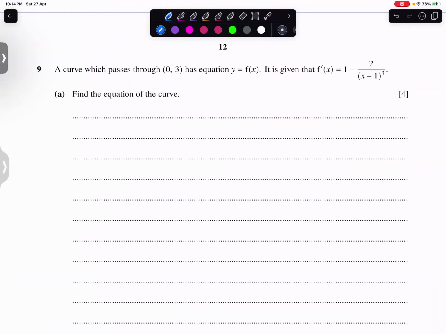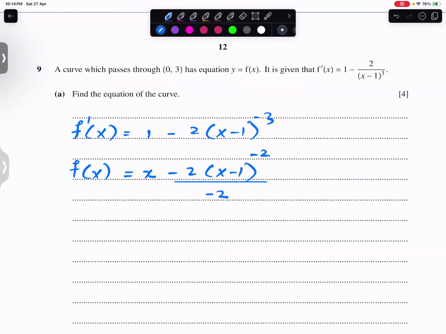Next: a curve which passes through this has equation this, derivative is this, find equation of curve. You know kids, the derivative is given, so if we integrate it, the function comes. Integrate 1, you get x, and x minus 1 to the power -3, let me write it first. Okay students, this is your original curve. So if you integrate it, you will write x-1 to the power -2 whole divided by -2 into 1, plus constant of integration. So f of x will be x plus 1 over -2 will be cancelled out with -2